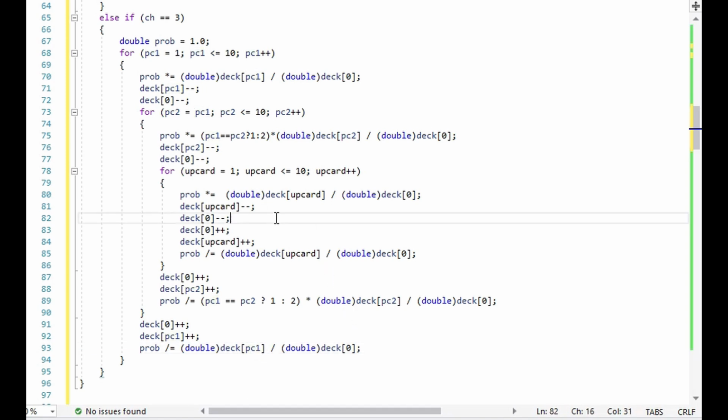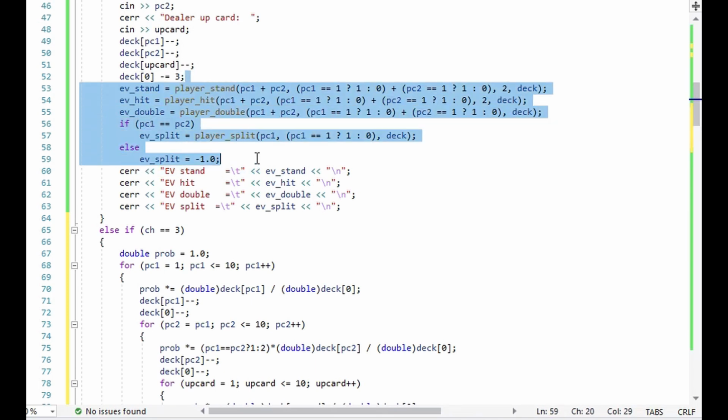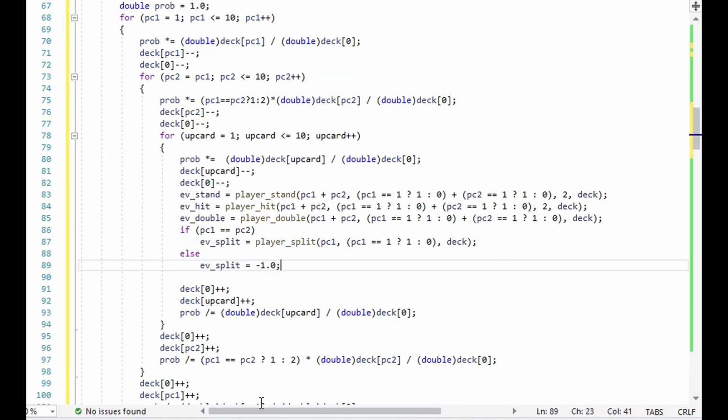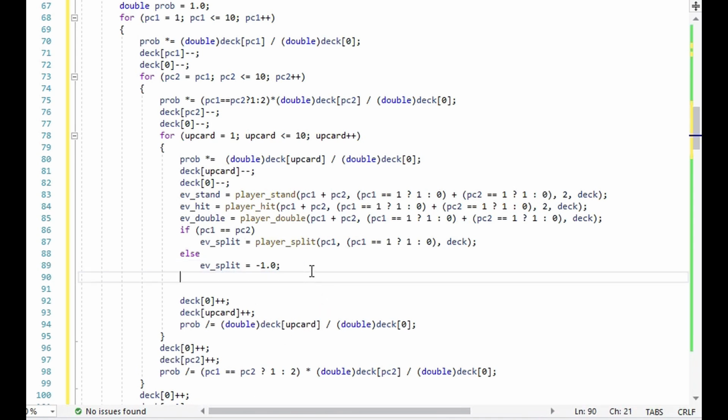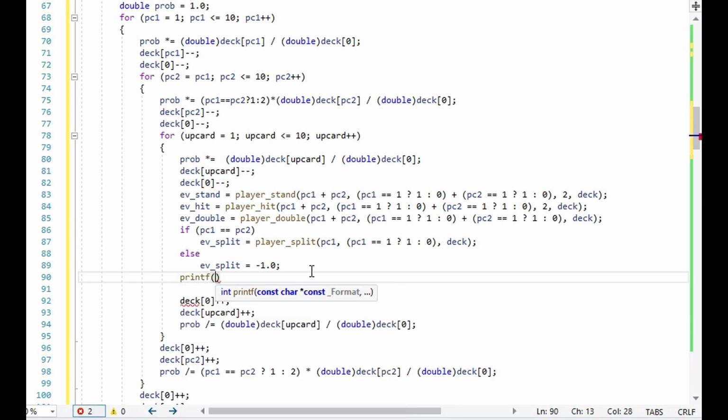So in the middle of all this, let's actually do something. And for that, we can grab our code up here to call these functions to get the various expected values. And once we have all these expected values, let's write them out. So when I'm writing out a lot of statistics, I like to use printf because I found that cout and cerr tend to have a limited size buffer and things don't come out in the right order, but printf is much more dependable. So first I'm going to print out